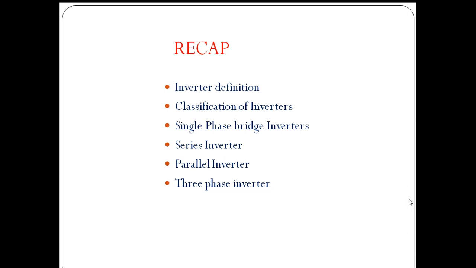And in the previous class, we discussed the three-phase inverter. In some cases, we require three-phase supply, so we need to convert this DC into three-phase AC. To convert this fixed DC into a three-phase alternating current waveform, we are using the three-phase inverter. In that, we discussed two modes of operation. One is with respect to 180 degrees conduction of thyristors, and the second one is with respect to 120 degree conduction of thyristors. We observed there will be a problem of short circuit across the source in 180 degrees conduction.